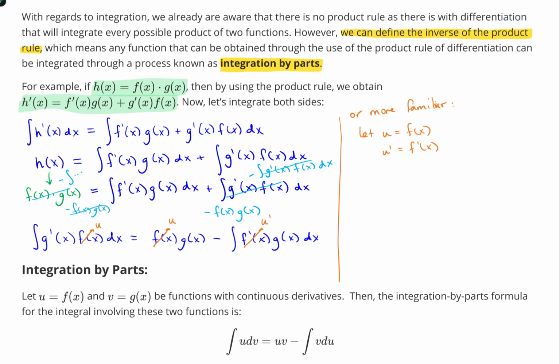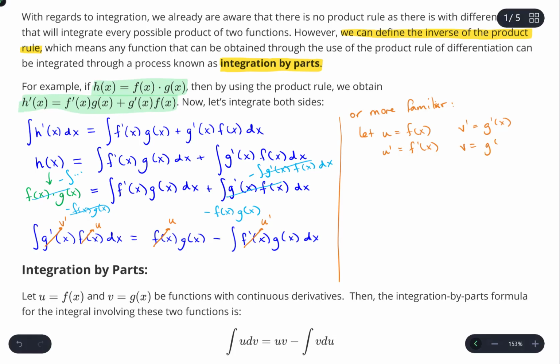And likewise, if I let g prime of x be a function v prime, so that this would be v prime here, then if I integrate both sides of this, I could say v is equal to just g of x, so that this would be v, and this would be v. So what I end up with is